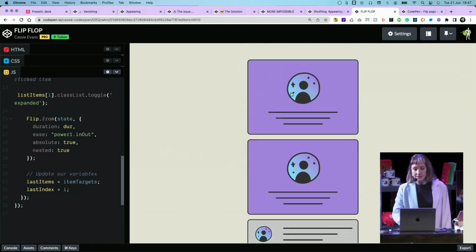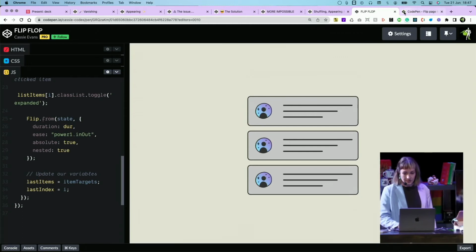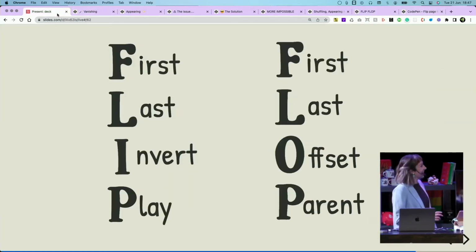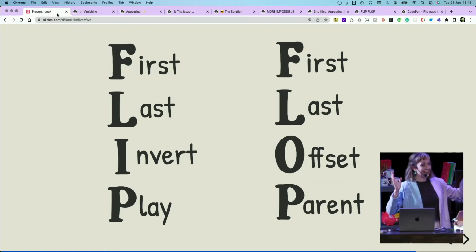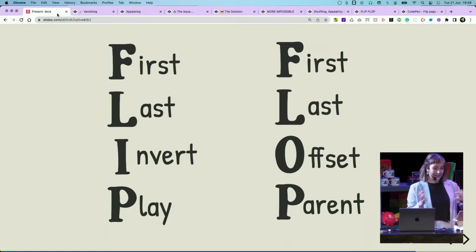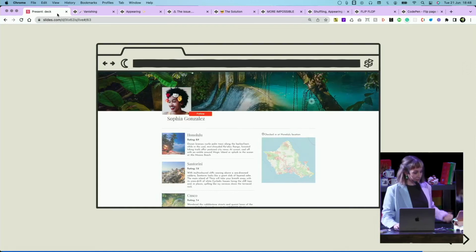If you say nested true, it flips the parent and the children, which is really handy. So yeah, flip-flop. It's first, last, invert, play on the parent, and then for the children, you have to do the first and the last measurement, and then you have to calculate the offset from the parent. So a little bit fiddly.